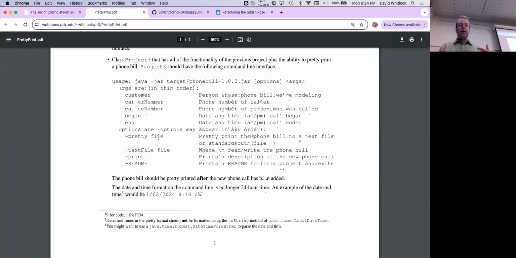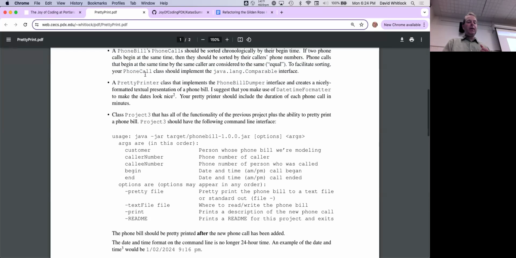So if it's -pretty and the value of the file is dash, then it should write the pretty format to standard output. Otherwise, if it's -pretty and, I don't know, prettyformat.txt, right? Then it should write it to a file on disk. So the implication here is that your pretty printer, as far as the code goes, ought to be able to very easily pretty print to either a file or to standard output.